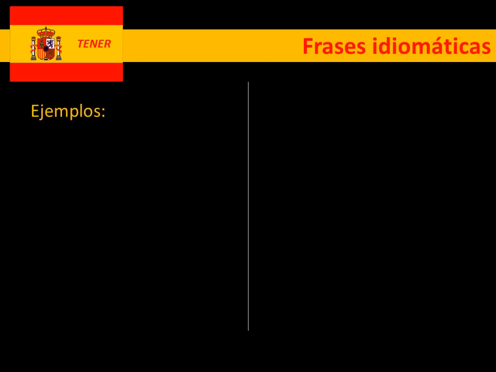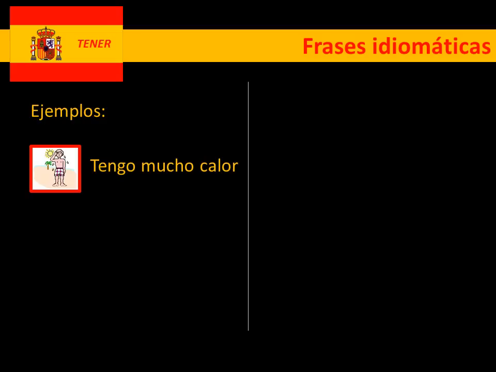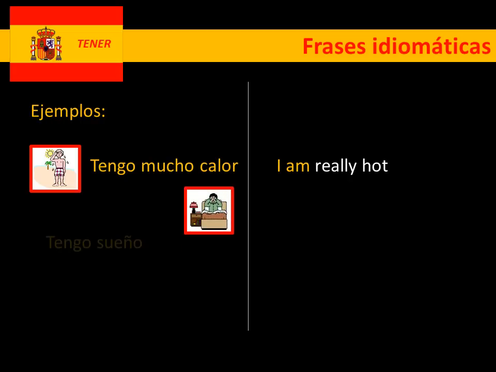Next up, we're going to look at some ejemplos, some examples. So have a look at this first one then, and this is exactly what we were talking about in the previous slide then. So we're looking to be able to say I am hot. So we say tengo mucho calor. Literally, I have lots of heat. But obviously once we translate it, and this is the idiomatic part, it becomes I am really hot. So again, something that people mix up is this mucho, lots of. Ejemplo dos. Tengo sueño. I have sleepiness, I am sleepy.